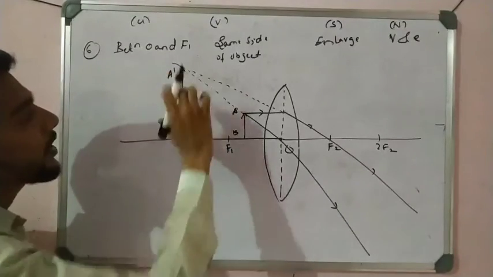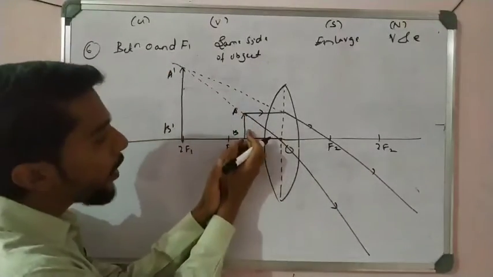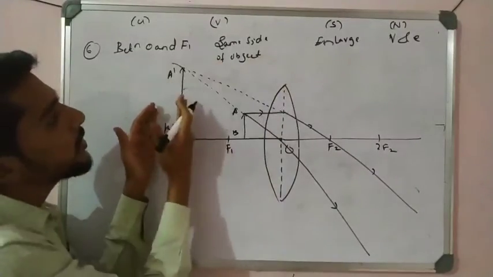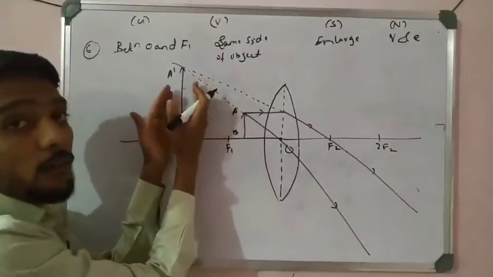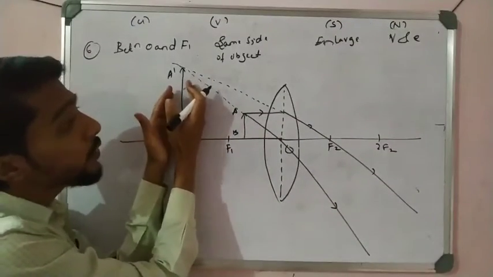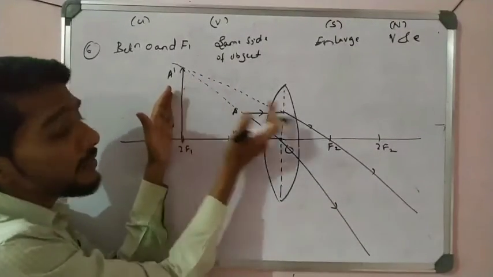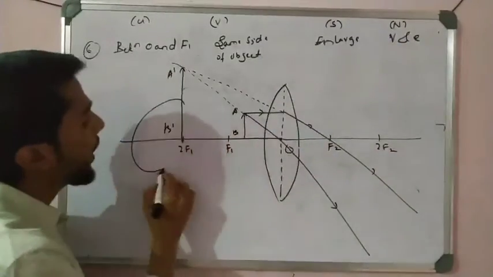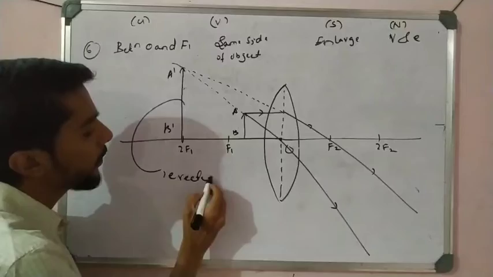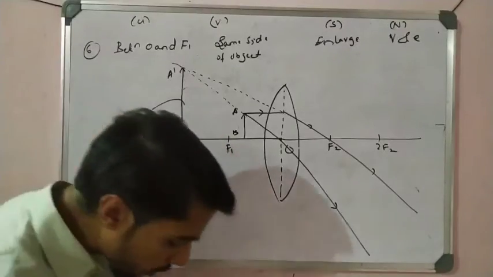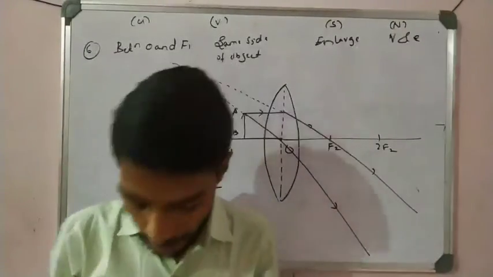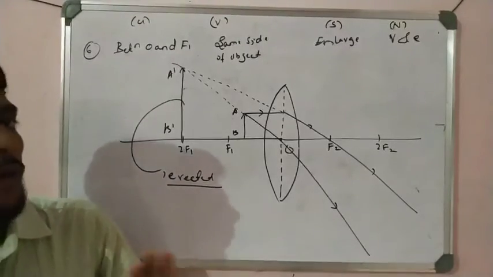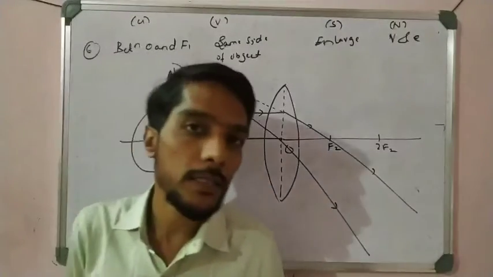So see, it is very large. It is on the same side. The side of the object is the left side, the image is also on the left side. Same side as the object, and it is enlarged. So it is not formed on the screen. So it is inside the lens, and it is straight. So it is called erect. Okay. So this is, students, about the image formed by the convex lens. Hope you will revise all these diagrams, right?